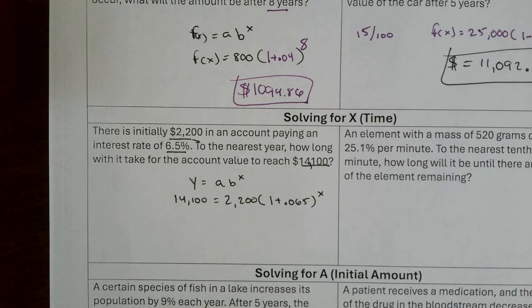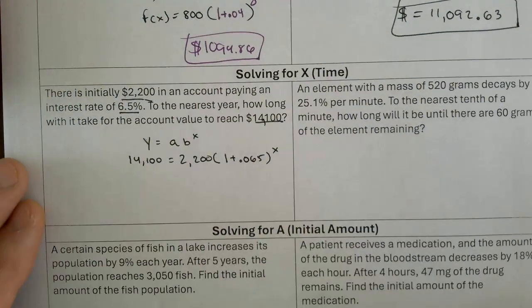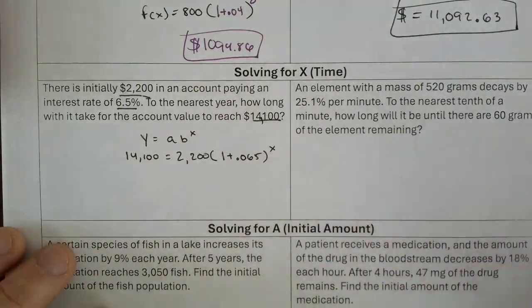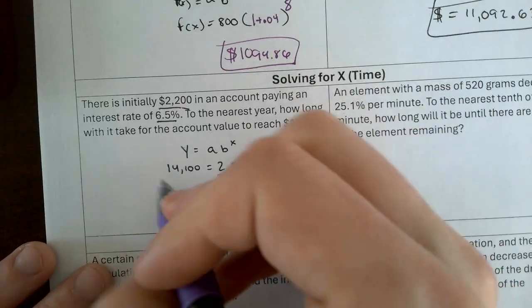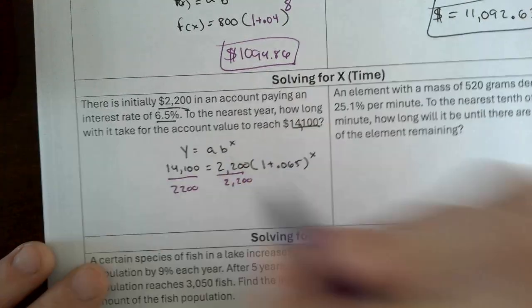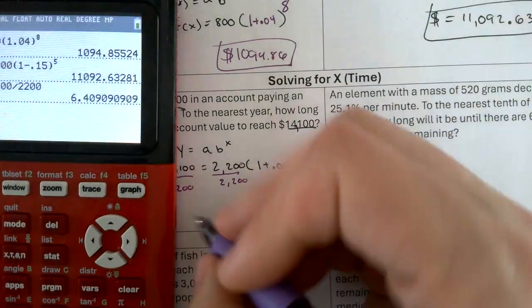All right, there's a few ways to solve this, but the main method is going to involve a newer technique that you may or may not have seen. So here is what I would recommend doing. I would recommend not graphing this because that would be crazy, but dividing by the 2,200. That would be the first step. Divide by 2,200. 14,100 divided by 2,200, and that is